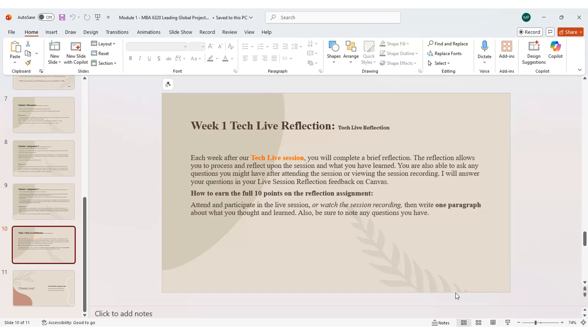So again, one paragraph, it's not much, right? It shouldn't take you very long to do. So I highly encourage you to do it. And again,